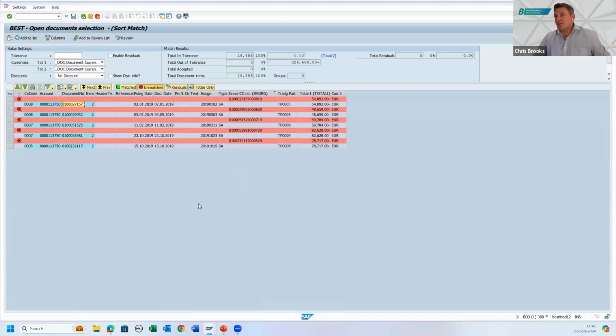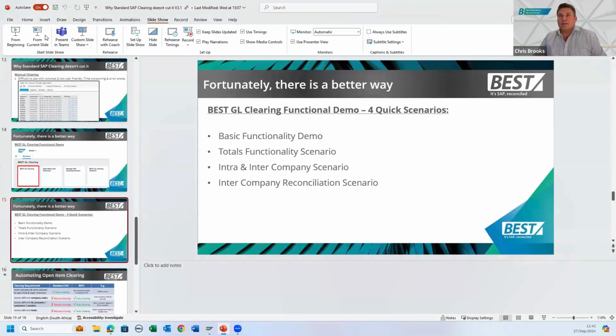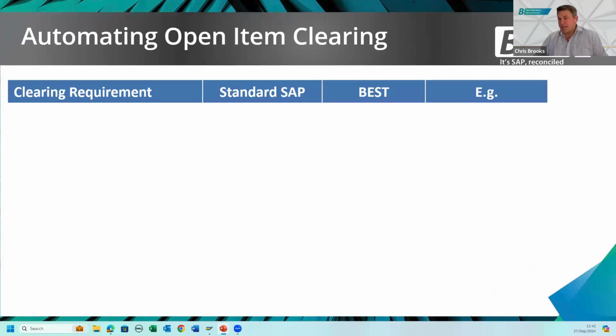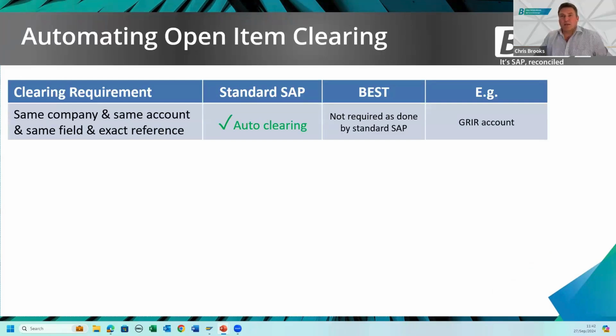Okay, so that's the end of my demo. If I just wrap up, my slide was in conclusion: when it comes to looking at the clearing of these open items, if everything is going to work perfectly and you're going to get